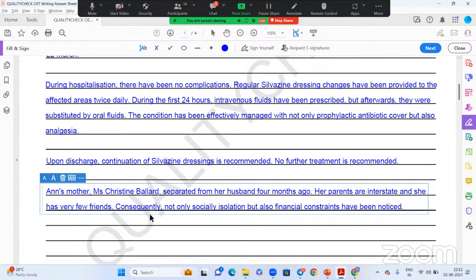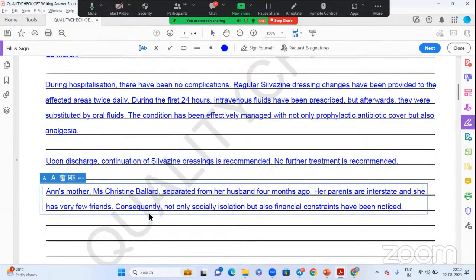She told that she is feeling like this, or you noticed that she is feeling like that, or you observed. Consequently, four months ago she got separated from her husband, and parents are not there, and she has very few friends. Because of all these things, consequently, as a result,